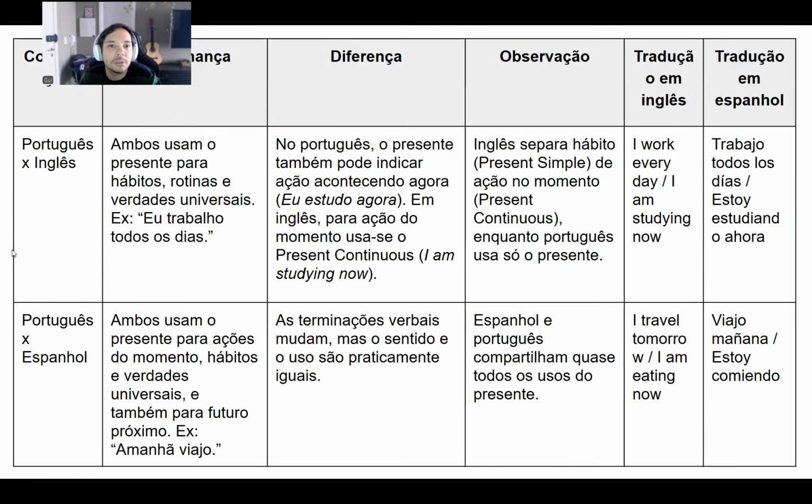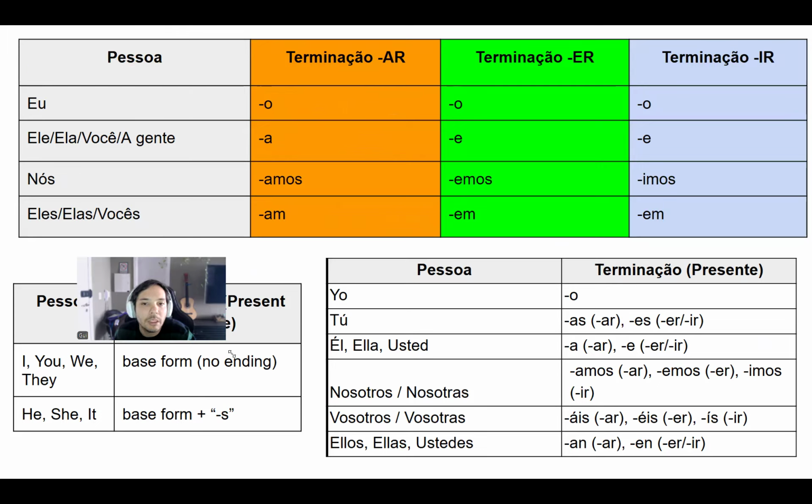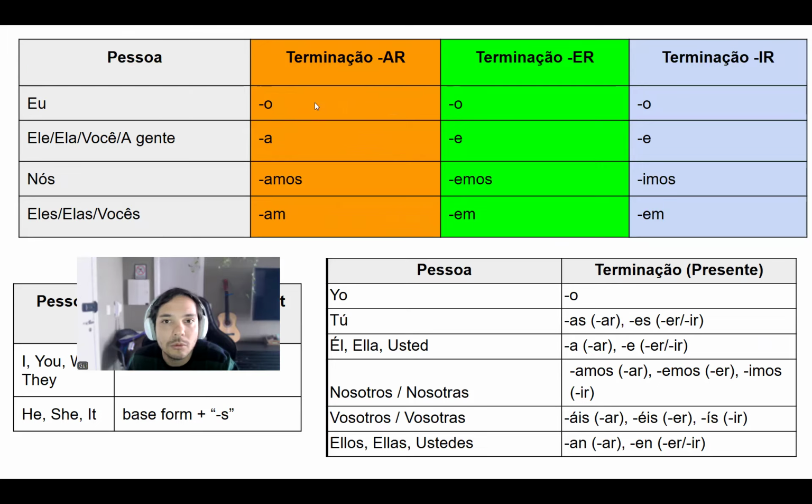There's no secret to conjugate the verb. The only thing is you need to practice to memorize how to be able to conjugate the verb, né? Eu, you're gonna conjugate the same way, né? Ele, ela, você. Here it's different, here kind of like the same, here completely different, here different, here the same, tá? Get used to the ending of the conjugation, you're gonna be able to conjugate. Remember, regular verbs. Irregular verbs you need to memorize.